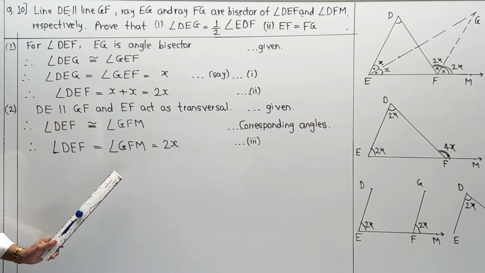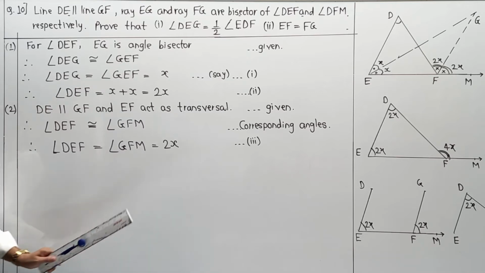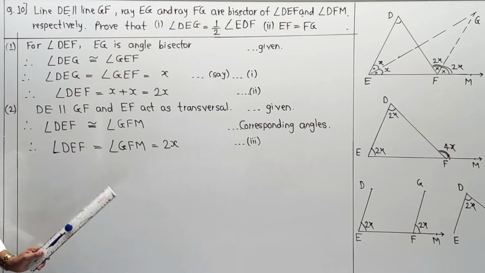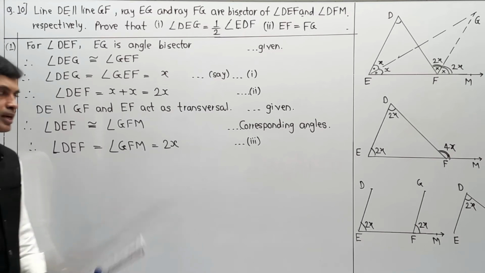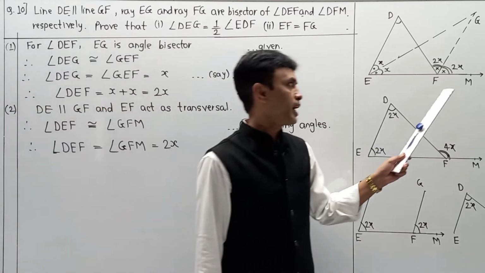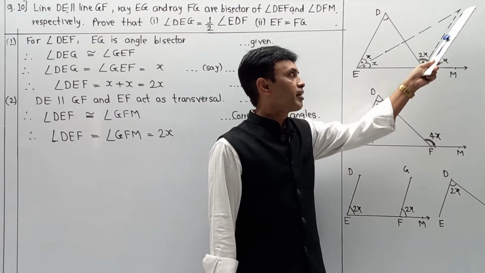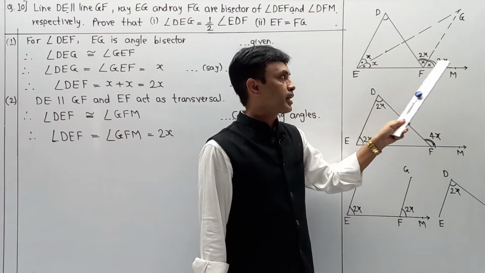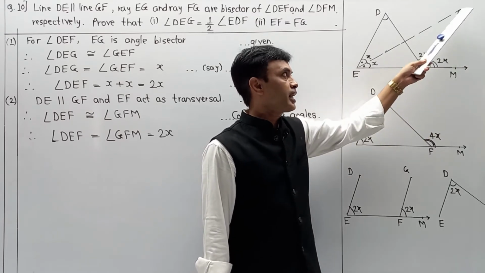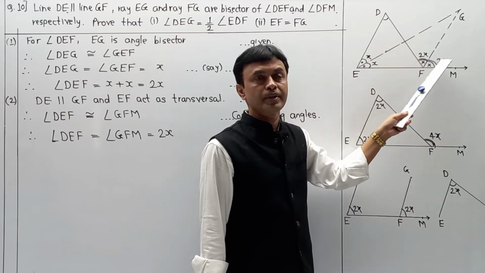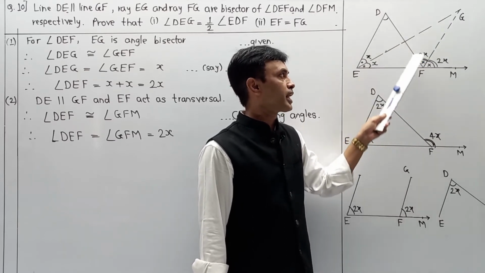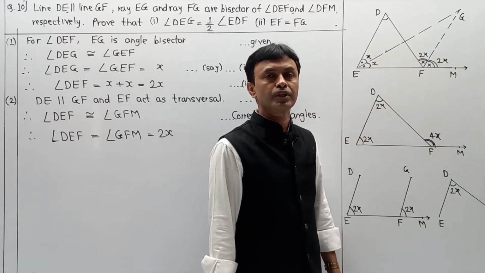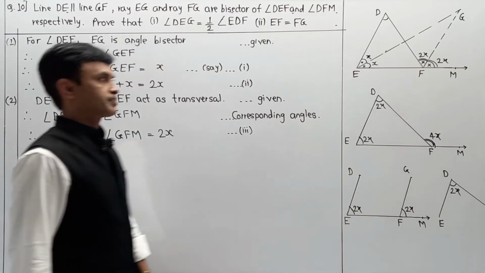But there is an additional part that we should know over here in the third category. What is exactly that part? Here they have given FG as angle bisector. They have given FG is angle bisector of DFM, means it is an exterior angle. If GFM is 2x, then its congruent angle DFG is also 2x. So I am going to add the third part over here.